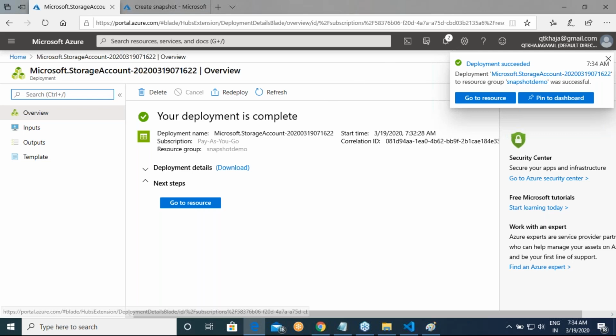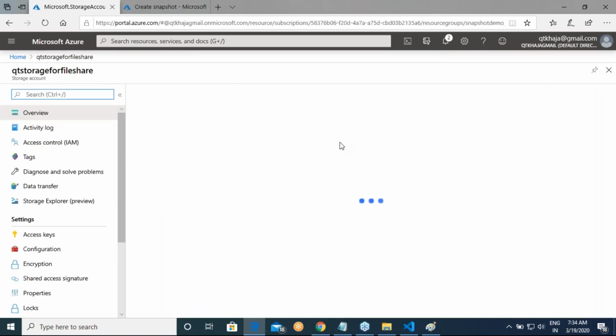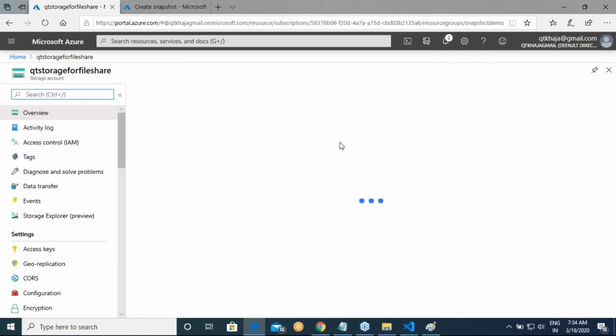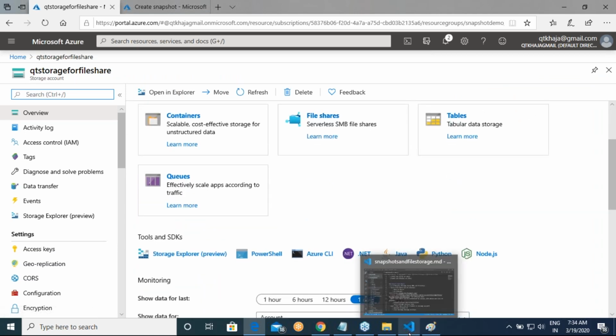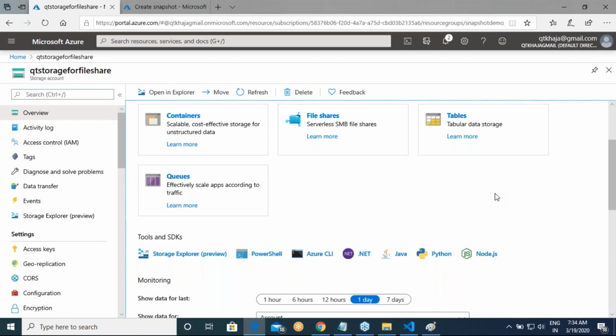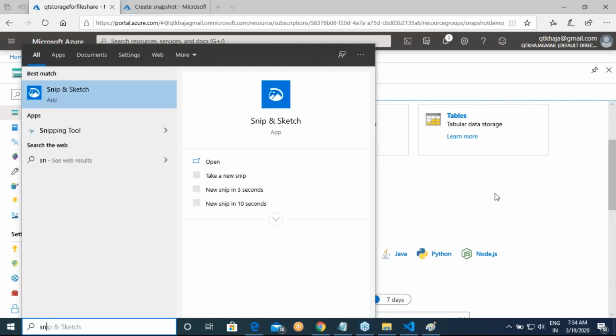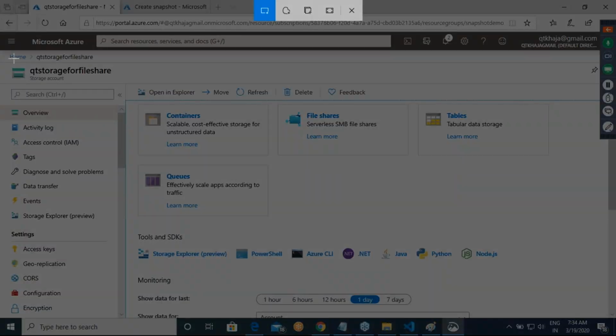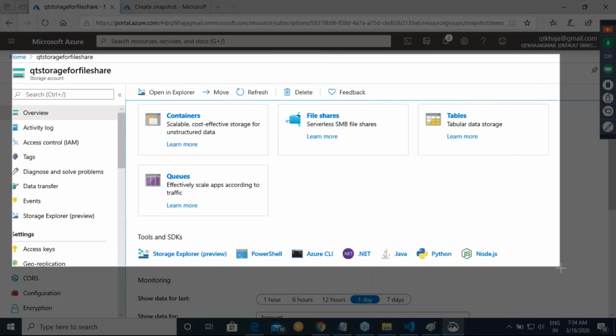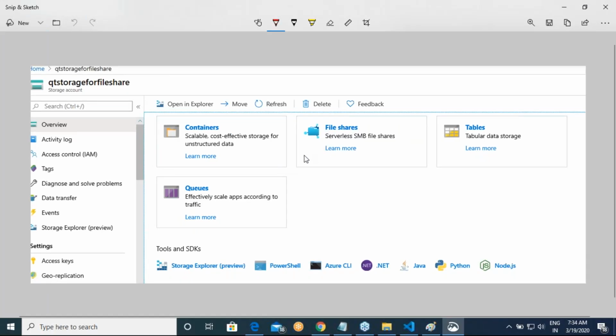Okay, right. So I'll go to storage account, and in storage account this time I'm interested in this area. Our area of interest at this moment is file shares.